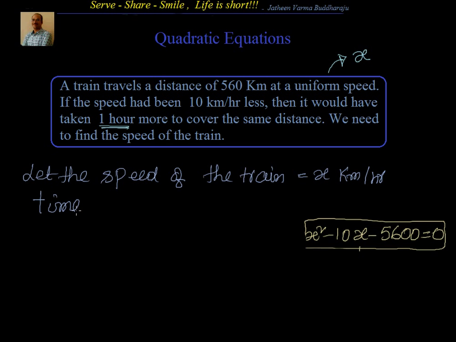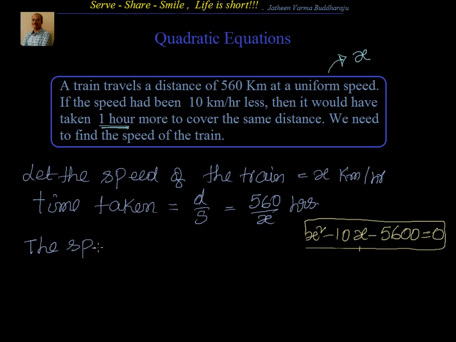The time taken is equal to distance by speed, that's equal to 560 divided by x hours. That's the first step. Then we will say that the time, the speed,